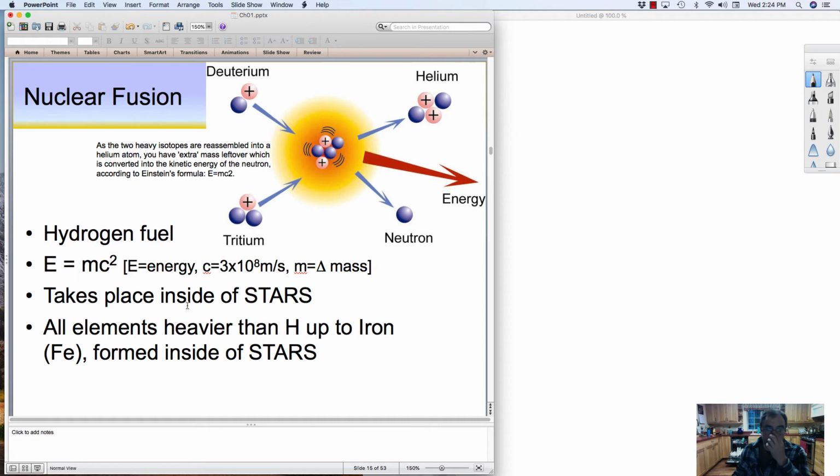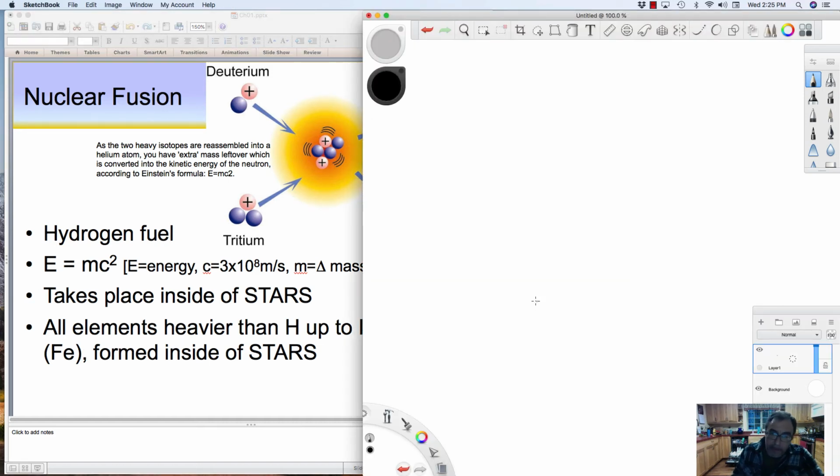So again, this takes place inside of stars. So we're binding lighter elements to make heavier elements. And stars, even the big massive blue stars, the ones that actually explode into supernova, you can only bind up to atomic number 26. So one way we look at chemical elements is, for example, if we look at the chemical symbol